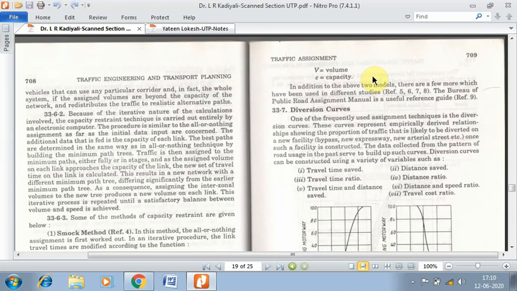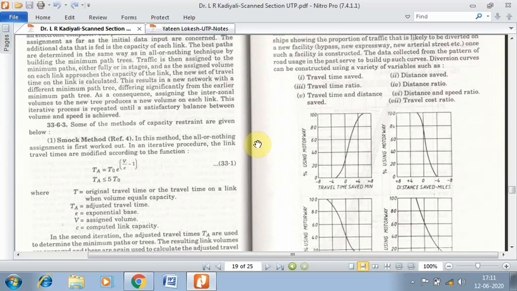If red, then it means that it is completely congested and the capacity has reached its saturation point. That's why when you have this kind of situation, it will ask you whether you want to continue on the same route, or it shows you an alternative route which might be slightly longer in terms of distance, but cost and time can be saved. Okay, so under such circumstances, the iterative process will be carried out in the background, and the best possible allocation of the alternative route will be given.